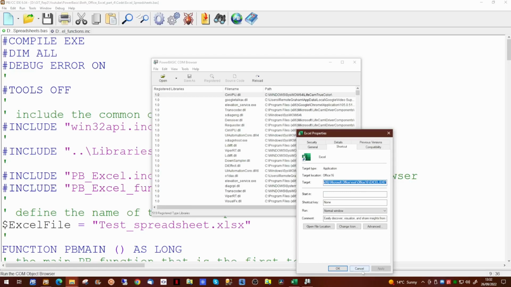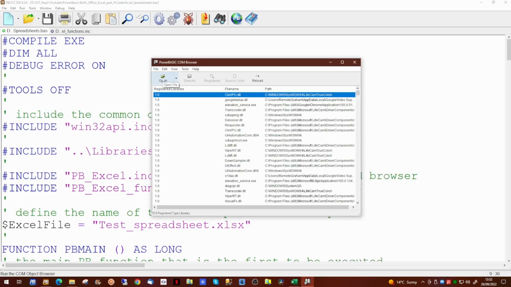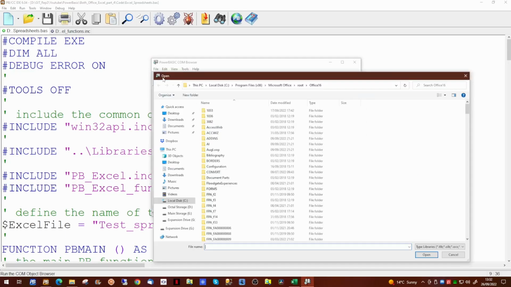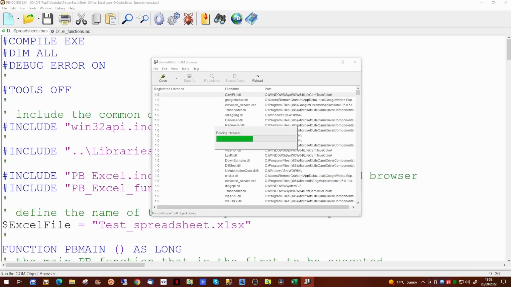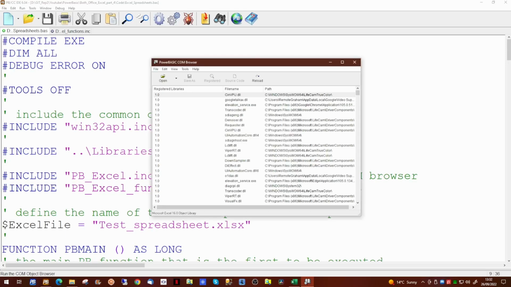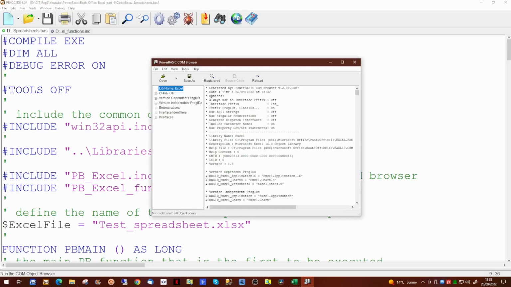If we copy that, and click on the Open icon, we can paste the path we've just got into there, and we can click Open. This will now generate an include file for you. Once it is prepared, we can then save that as the include file to our disk.